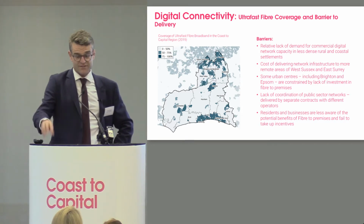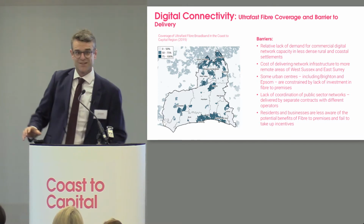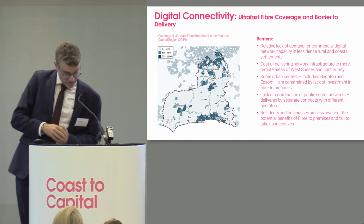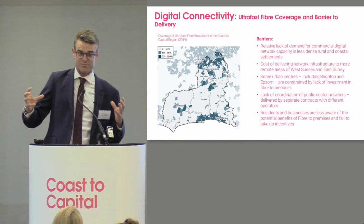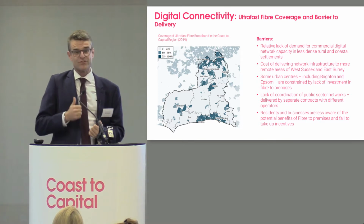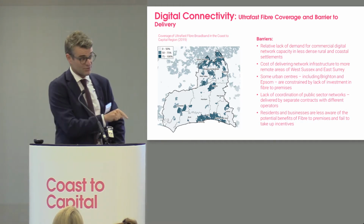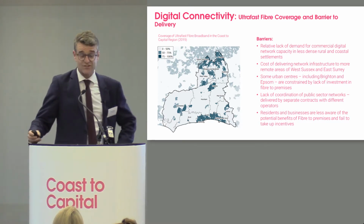So there are voucher schemes and incentives for businesses to invest in what is called fibre to the premises, the sort of best broadband that you can get, and businesses just aren't taking that up. So Fifth Sector have suggested two main intervention areas here. One is coordinating the spine of digital infrastructure that is future-proof for the long-term evolution of the coastal capital area, but then also playing a role as conduit in getting the information across so that businesses are investing in their own digital infrastructure, and when the opportunities become available are taking advantage of the fact that this is a trailblazer area in terms of